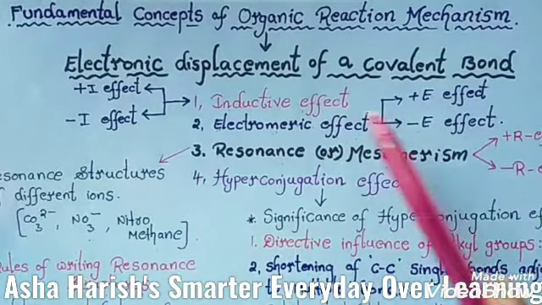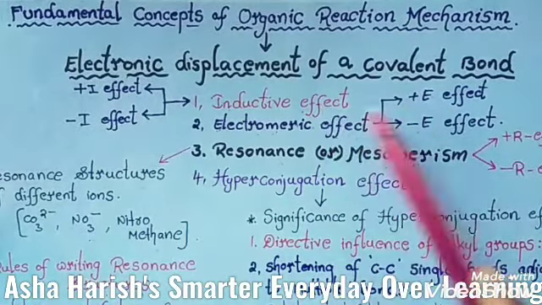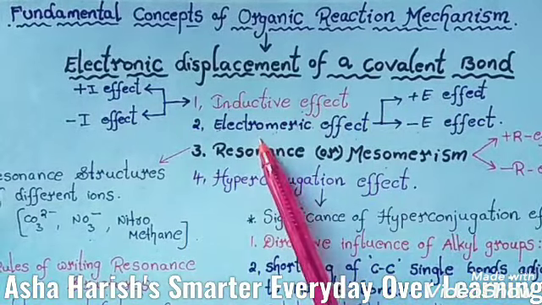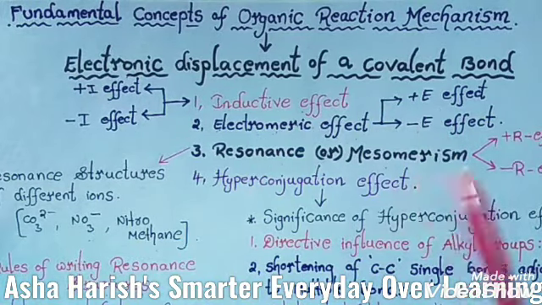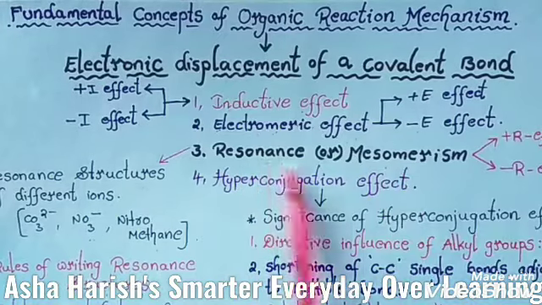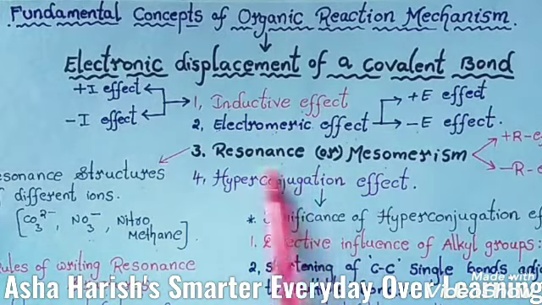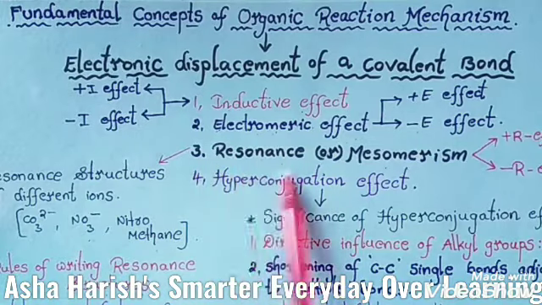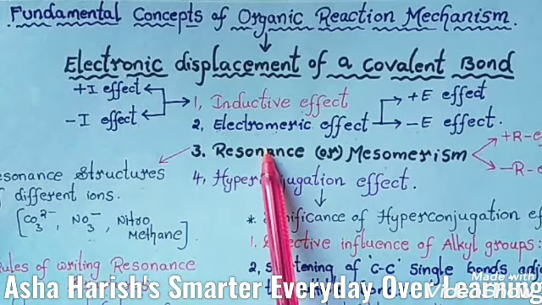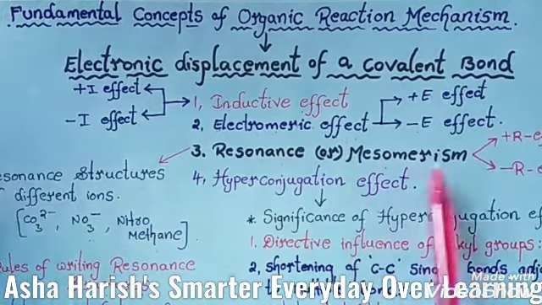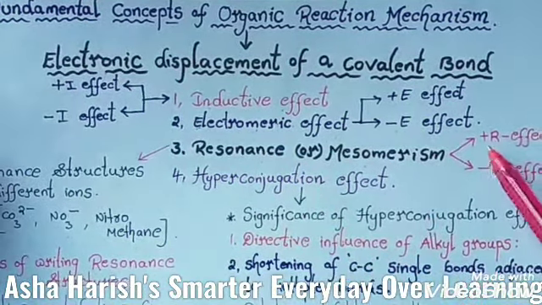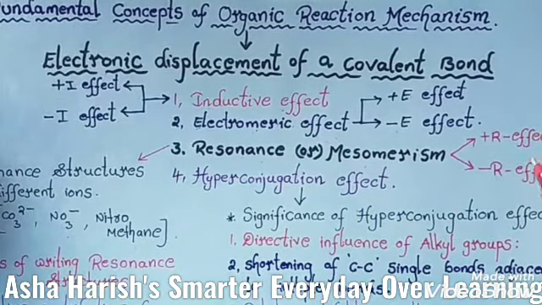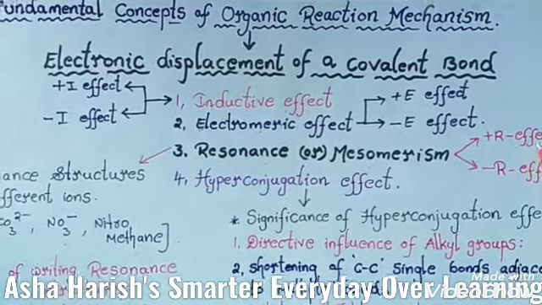In yesterday's session, inductive effect 2 types completed and electromeric effect also 2 types completed. Now students, in this session you are going to learn about resonance or mesomerism. In this, about resonance, what is the definition and what is the use of this resonance you have to learn in this session, and mesomerism types. In resonance, the types plus R effect and minus R effect you should also learn in this session,